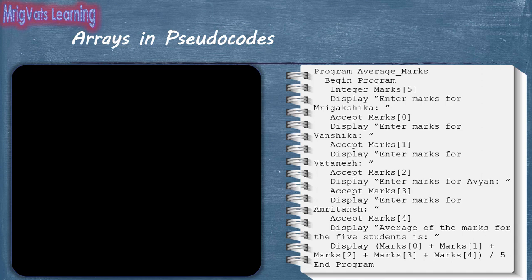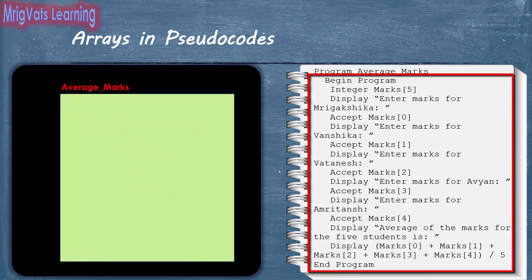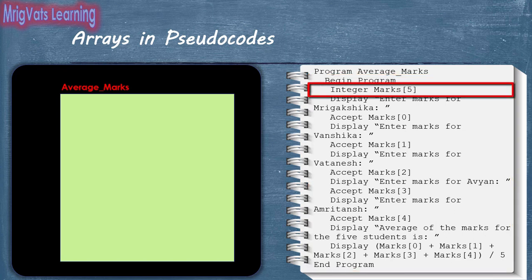As soon as you run the average marks program, the computer reserves a memory block for the program which is enclosed between the begin program and end program statements. With the integer statement, the program declares and creates an array marks with 5 elements of integer type at a random location within the memory block allocated for the program. The program allocates contiguous blocks of memory to the elements of the array. Remember that the elements of the array are indexed 0 through 4.